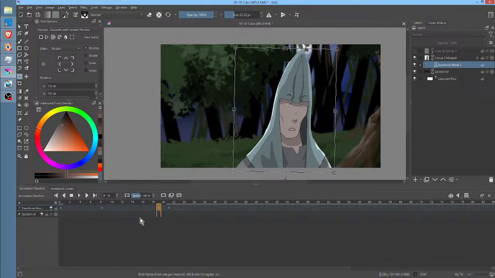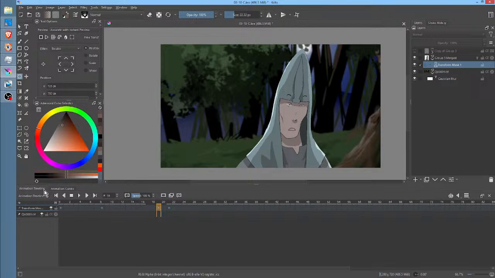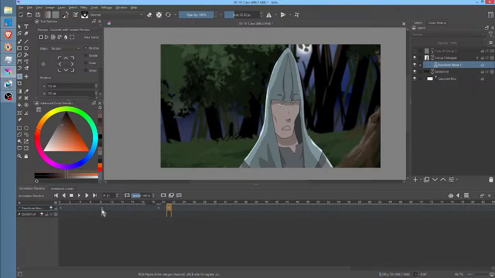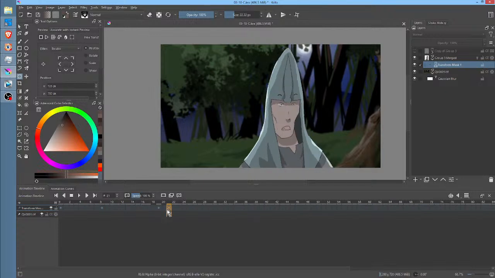Okay, so now this duplication of a keyframe becomes important because if you really want to control motion without getting into easing and manipulating curves, then the simplest way to do it is to just duplicate a keyframe and have a short space between keys. That's it. So this is a hold, and this is animated. Okay, I'm sure that all makes sense.